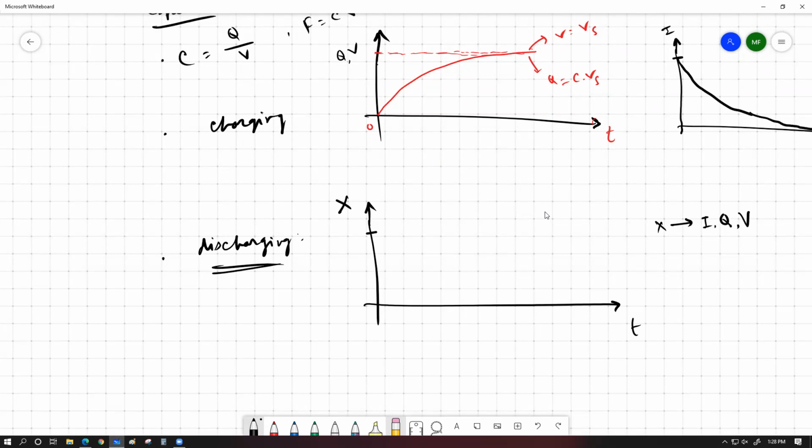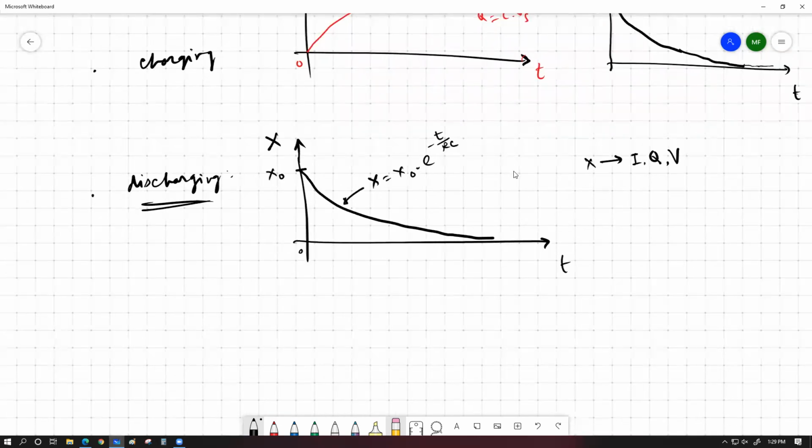So if we have the value starting from x naught, it always takes a negative exponential decay graph like this. It just so happens that the value of this graph, x equals x naught e to the power minus t by RC. So this is the equation that these discharging graphs follow. It can be for current, it can be for charge, it can be for voltage. The naught value represents the initial starting value when t equals 0. As time goes by, all the three values, current or charge stored or voltage across the capacitor, they all slowly